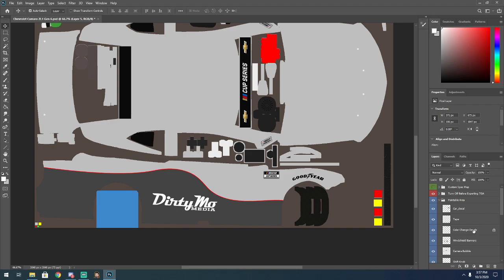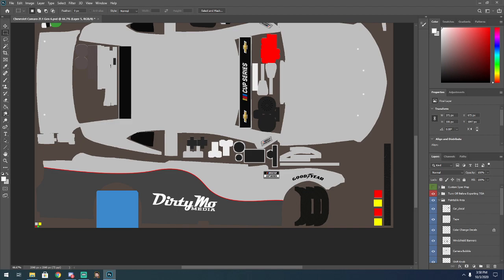Usually what I'll do is I'll have all of my logos in one folder, or in one group, and then I'll have any stripes or design things broken up first. So for this one, I'm going to make this light gray. I'm going to make it really, really matte. I think this dark gray,